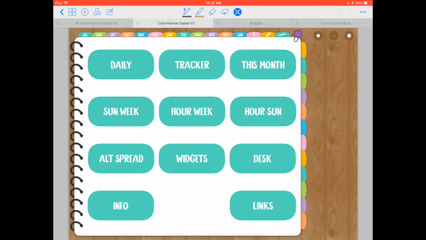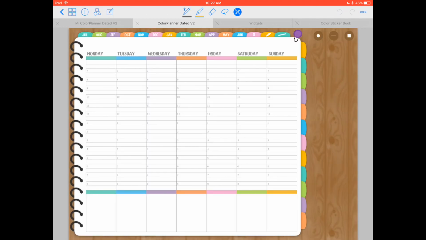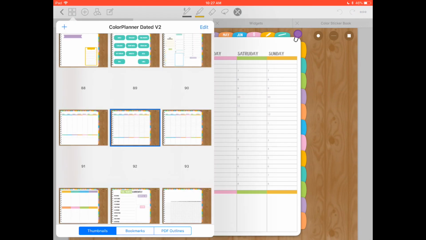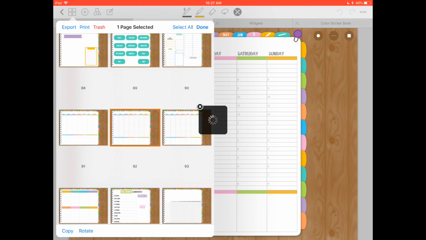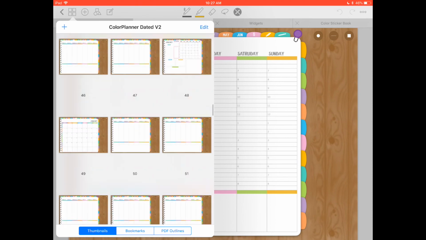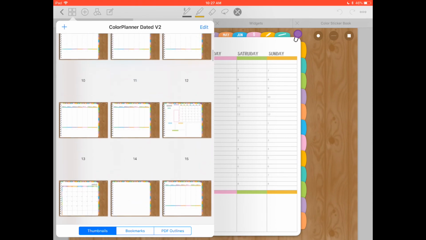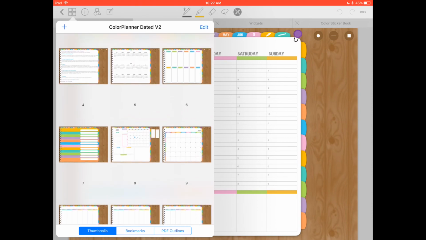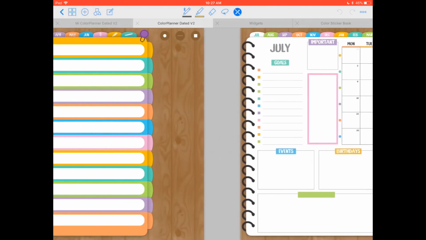So we will go back here to my extras. For example, if I want to use my hour week, the way that works is basically the same as what we did before with the dotted page. So you go to your squares, edit, and copy this page, select done, then you find where you want to use it. For example, if I want to use this before the month of July so that I can start using that this month,